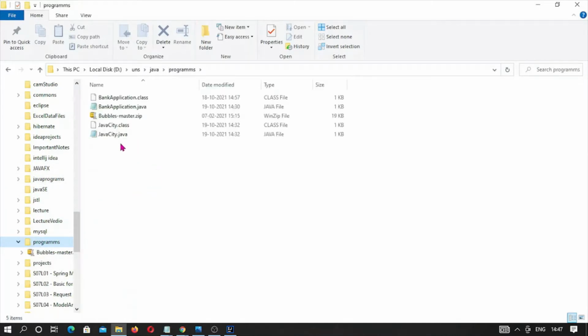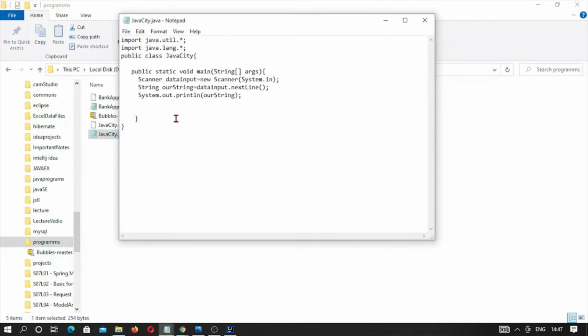I have already made a program in text editor and this is the program. Already we have saved it in javacity.java. So let me open it and here is the program.